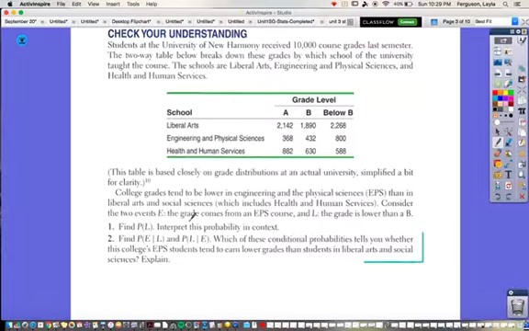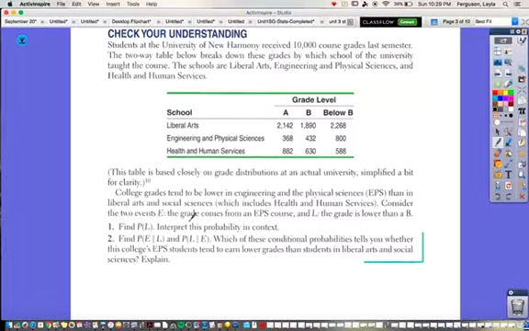So students at the University of New Harmony received 10,000 course grades last semester. The two-way table below breaks down these grades by which school of the university taught the course. The schools are liberal arts, engineering and physical sciences, and health and human services. This table is based closely on grade distributions at an actual university, simplified a bit for clarity. College grades tend to be lower in engineering and physical sciences, EPS, than in liberal arts and social sciences, including